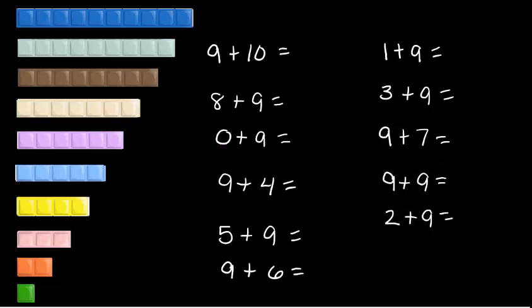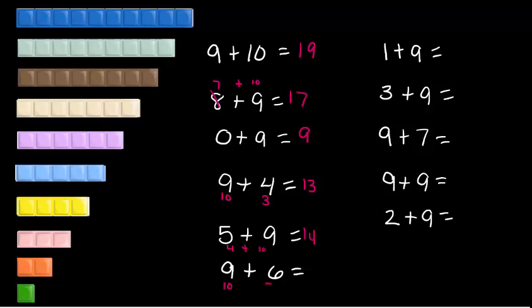All right, let's go through them one more time. 9 plus 10, 19. 8 plus 9. Well, this is the same as 7 plus 10. That's 17. 0 plus 9 is 9. 9 plus 4, that's the same as 10 and 3, which is 13. 5 plus 9, the same as 4 plus 10, which is 14. 9 plus 6,